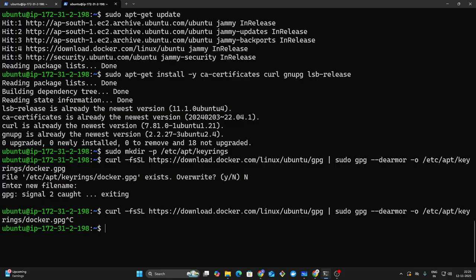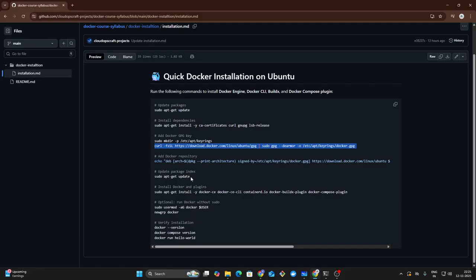Next, we have to add the Docker repository. We are adding Docker's official apt repository to our system by creating /etc/apt/sources.list.d/docker.list. Here you can see dpkg --print-architecture. It injects your system architecture, for example amd64 or x86. Okay, next you can see